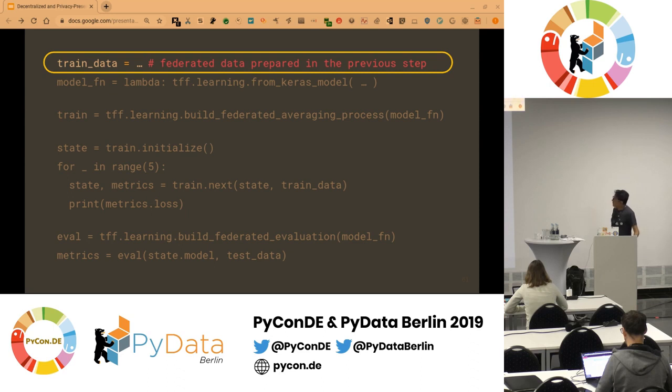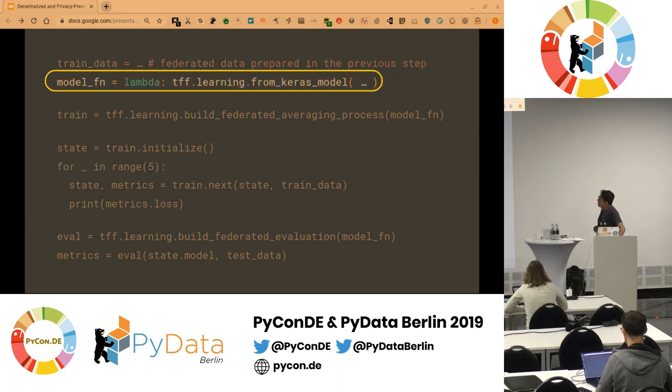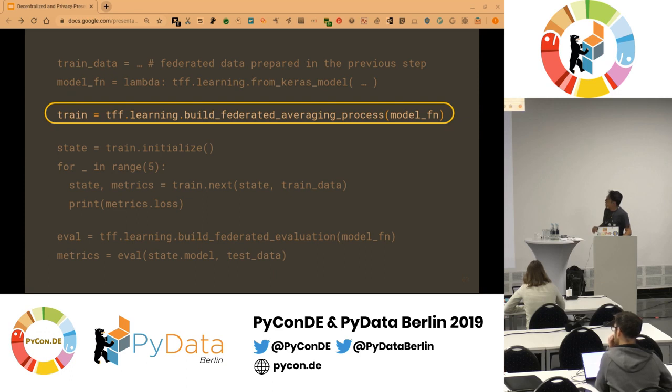All right, so we take the trained data that we just created in the previous step, and here we use a standard helper function from Keras model, and that becomes a model function. And then our training process is basically to take the model function,